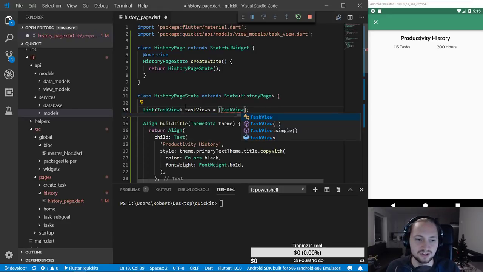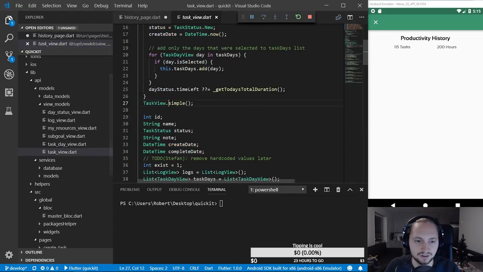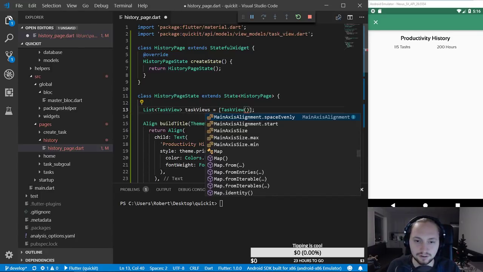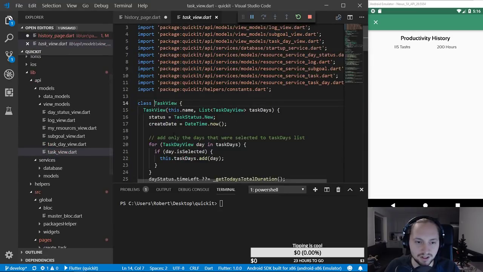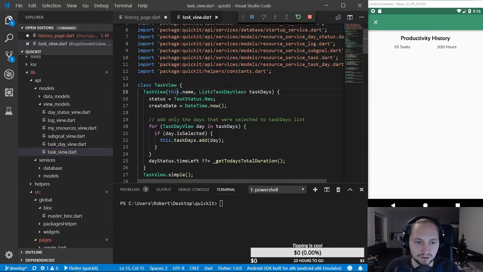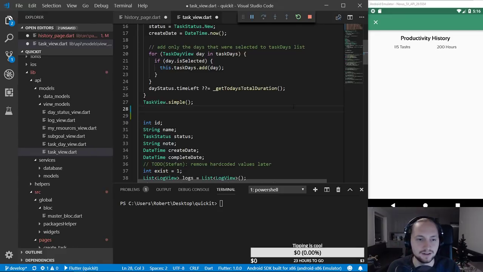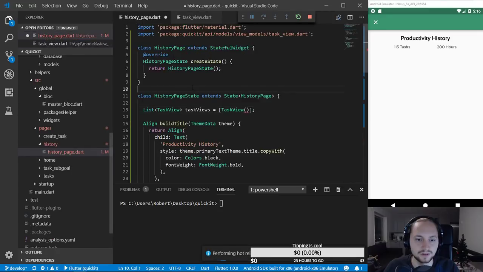And do I have a constructor? .simple. What does the simple do? Doesn't actually do anything. I haven't created that one, so I don't know. What did I have more? Didn't have a normal constructor. And this one takes all of these values. So I will just make a temporary